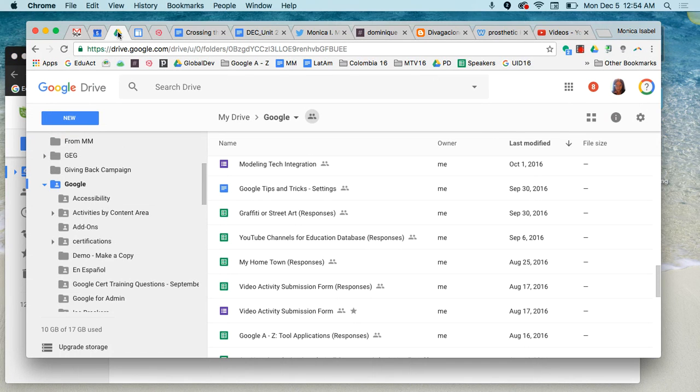For those of you on a personal account, you have a maximum capacity of 15 gigs, unless of course you've added additional space. So all you have to do, just like we did before on the school account, you hover over at the bottom left-hand side, over where it says how much space you've used, and you'll see that pop-up window just like we did before, and you'll see the distribution of how much space you're using among Drive, Gmail, and Google Photos. It's important to note because your 15 gigs of space is actually shared between these three different